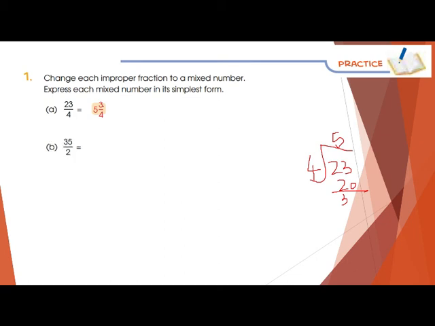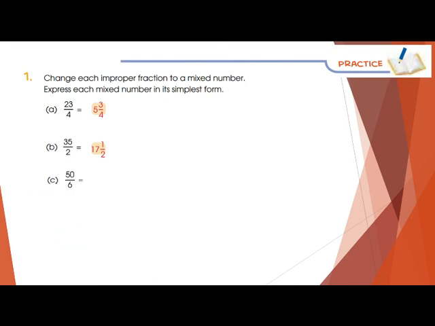Okay, similarly, you have to perform the B part too like this. Simply divide with the 2 and you have to write 35. Okay, and read the table. Now you have to read the table up to 35. It will be the 34 maximum you can get, and 34 is coming with the table of 17. So I have to write 17, and what is the remainder? 1. How you can write in the form of a fraction? It will be 17 whole, 1 upon 2.